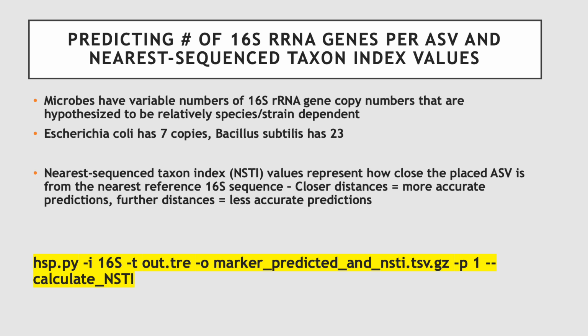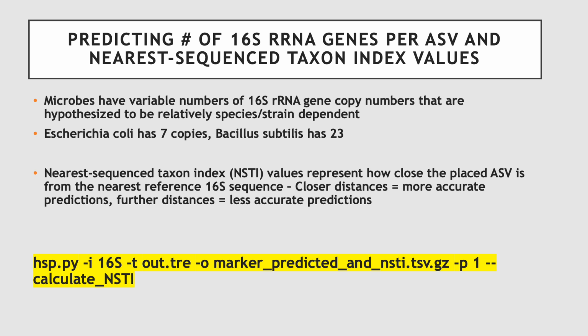So if we have an ASV that's aligned very closely with the reference 16S sequence, then we can hypothesize that the functional predictions are going to be very similar. But if we have an ASV that did not place well with a reference 16S sequence, then those functional predictions